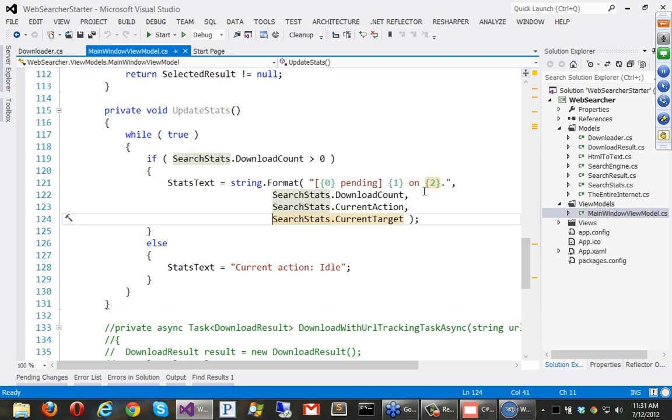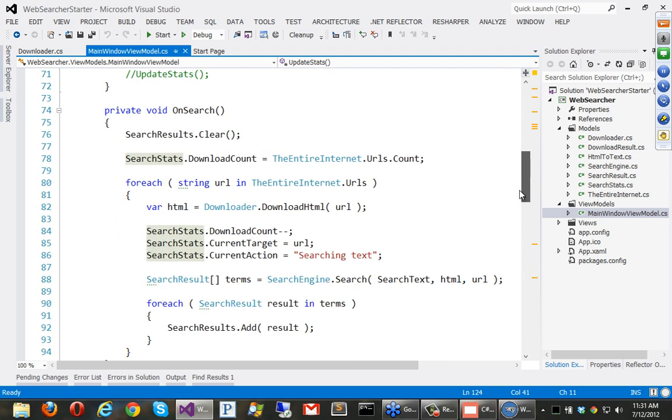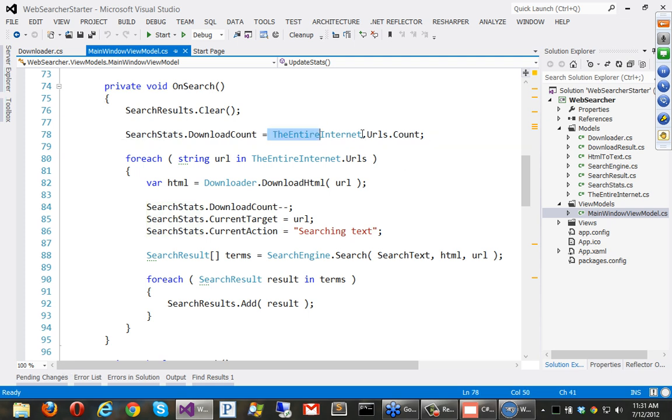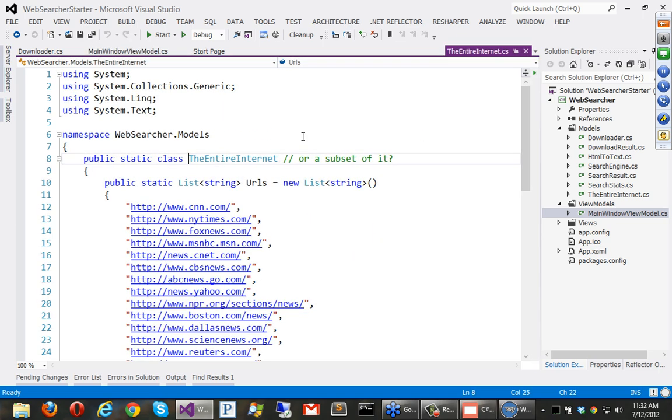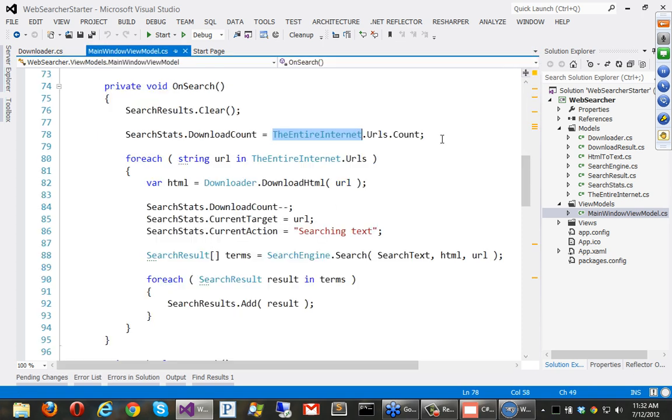So it's using MVVM. Here's the main window view model. We're going to go down here. When we click search, it's going to go to the entire internet, look at all the URLs there, and loop through each one of them, download them on demand, do a basic keyword search for the contents, and then the ones that it matches, it'll show them. The entire internet, here I can show you guys, is basically like 20 or 30 news-based websites, okay? But this method is going to be called when I click the button, and it's not going to return until it's downloaded and processed results from all 30 websites. So let me give this a shot, and you guys will see what happens.